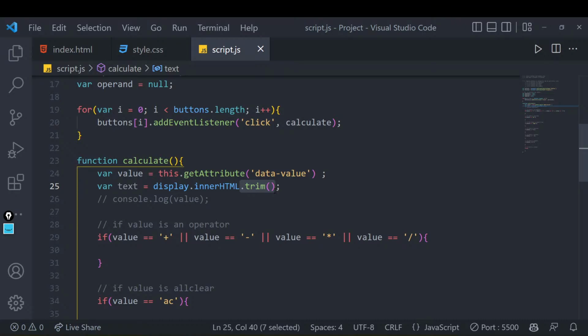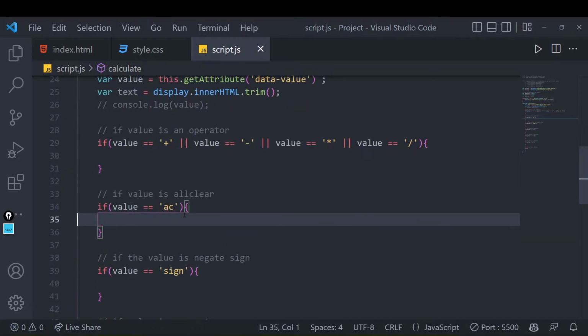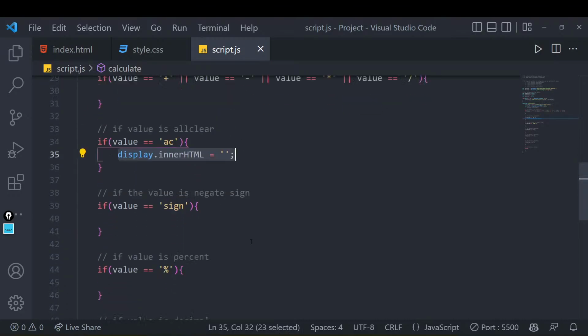Now, once we have done that, let's do some simple part first. Suppose I've hit that AC button. I want to clear everything that is on my page. How can I do that? I can just do that by writing display.innerHTML equal to null. Just nullify that, remove everything that is there in my page. So I can do that by writing display.innerHTML equals null. So everything that is written in my page will be cleared.